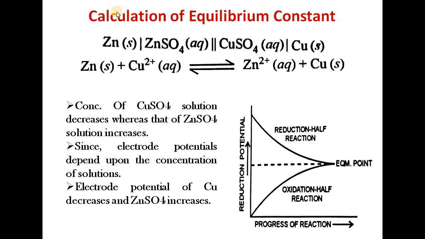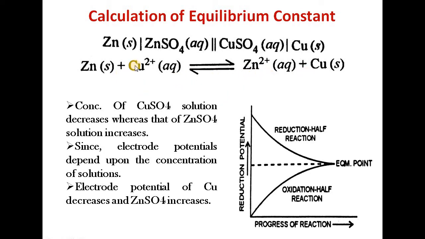Now next one is the calculation of equilibrium constant from the EMF of a cell. So in this case again we are taking the example of the Daniell cell, where zinc and copper electrodes are immersed in zinc sulfate and copper sulfate solution and separated by the salt bridge. These electrolyte solutions are connected through the salt bridge, and in the external circuit the electrodes of zinc and copper are connected through a wire. Now the net reaction taking place in the Daniell cell is zinc plus copper 2 plus giving zinc 2 plus plus copper.